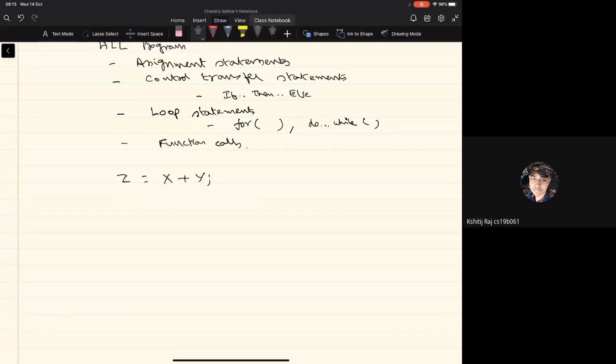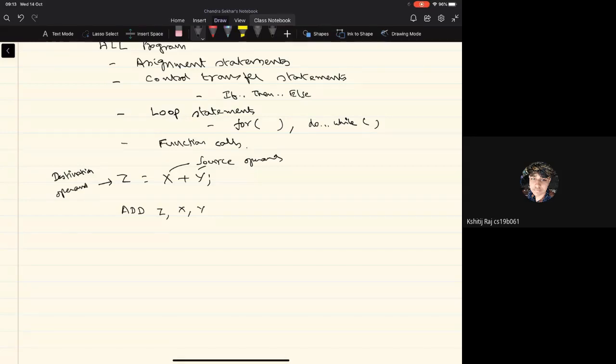It would be nice if I can have a machine level instruction which will take the operands of this statement, carry out the arithmetic operation, and then put the result into the destination operand. So these are the source operands, and this is the destination operand of this simple assignment statement.